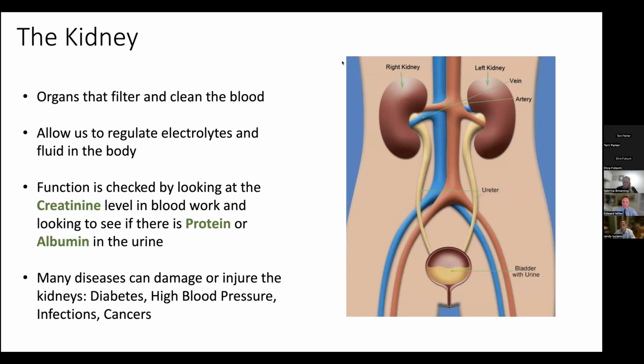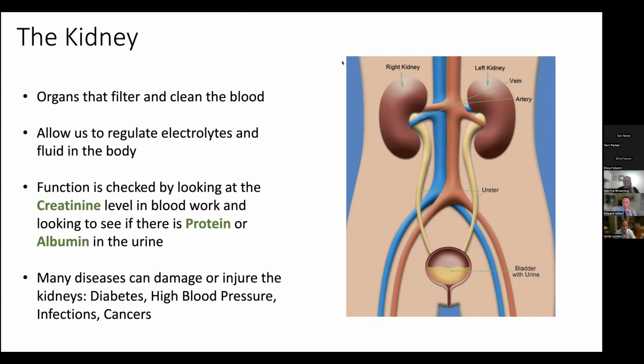And what they do is at any given time, they're receiving about 25% of the total blood volume, and they're filtering this blood. In the kidney, there are these small little filters called glomeruli, which are these beautiful collection of cells, collagen, and it's the interface between the blood and the urine, more or less. So as blood is filtered, blood passes through more or less these filtering units and